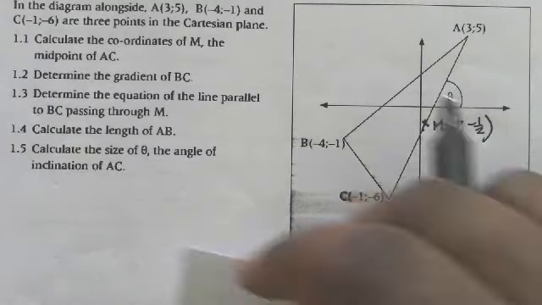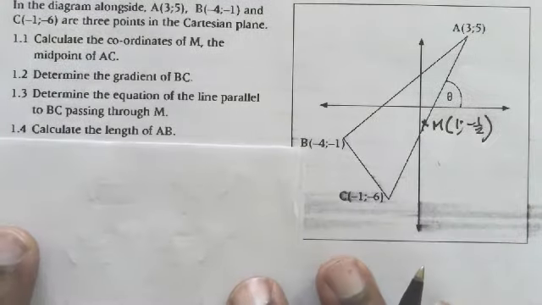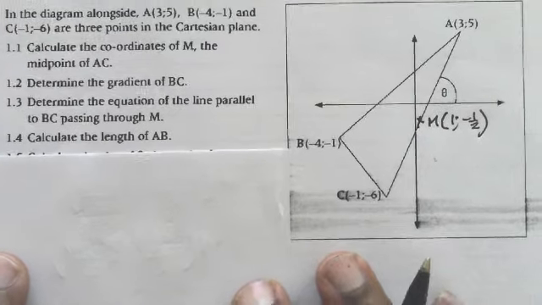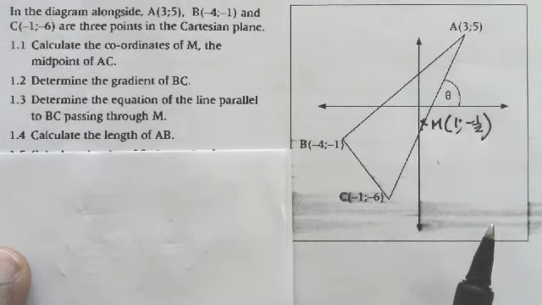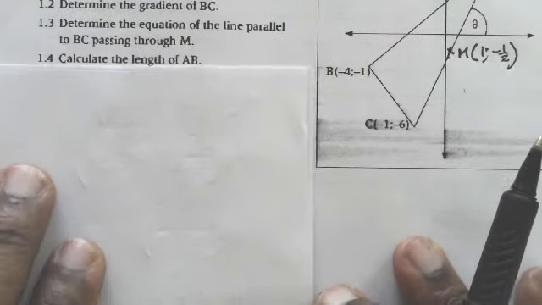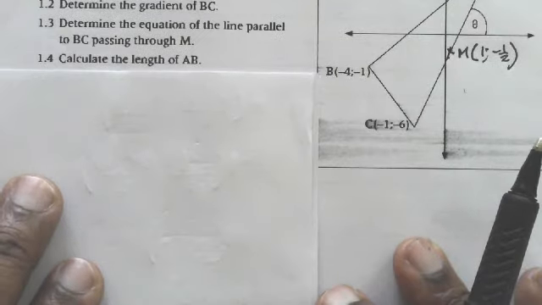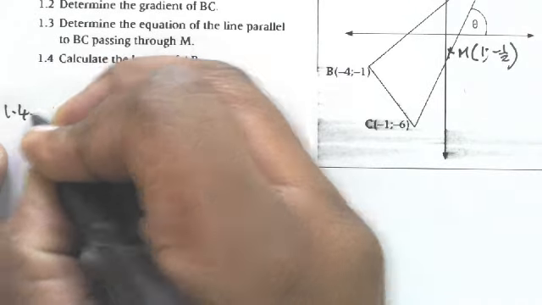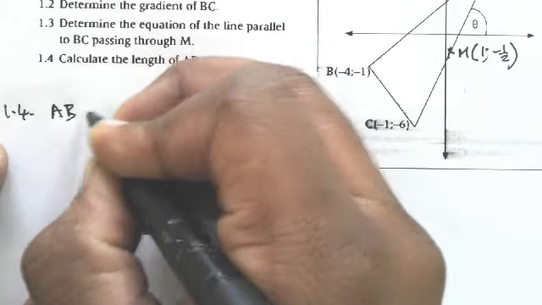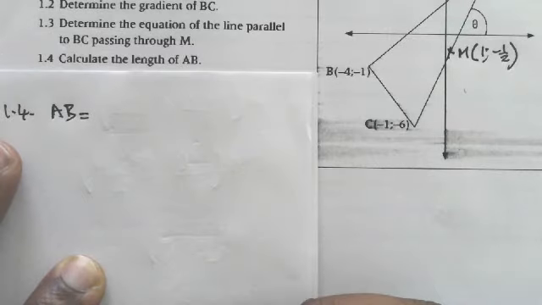What question are we doing? The length of AB. Okay, so we're going to use the distance formula, right? So the length of AB, there is AB, so we're going to use the distance formula. All right, let's do that. Okay, so what it means is that AB is equal to